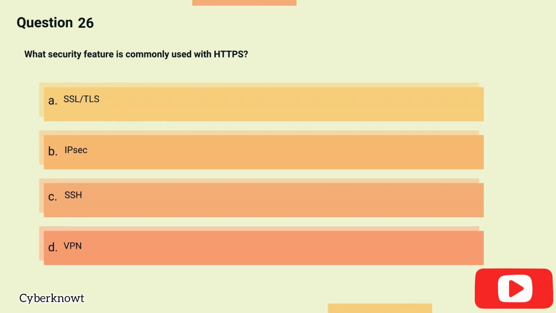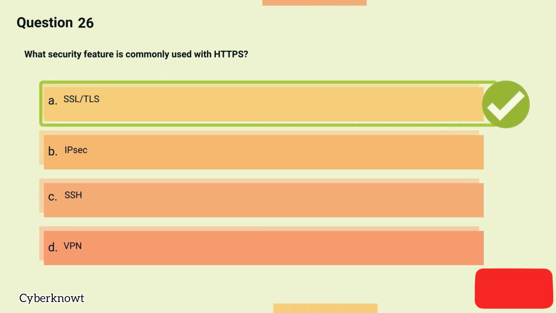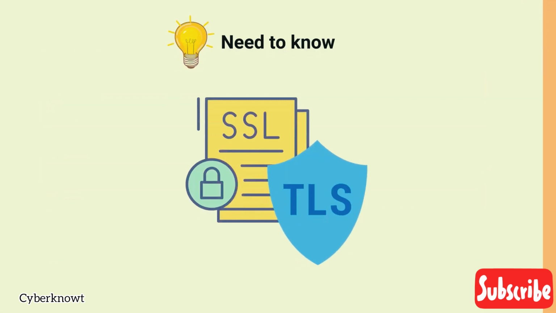Question 26. What security feature is commonly used with HTTPS? Option A. SSL/TLS. Option B. IPsec. Option C. SSH. Option D. VPN. The correct answer is option A. SSL/TLS. Explanation. HTTPS uses the SSL/TLS protocol to encrypt web traffic and provide security for sensitive information such as login credentials and